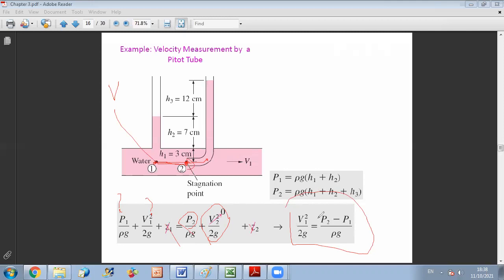So here you care about delta P. You don't care about the individual values of P1 and P2. You can get the individual values of P1 and P2 because they gave you the heights. Here you have H1 plus H2, so in total 10 centimeters, and your fluid is water. So you can say that P1 is equal to, and if you know that here you have the atmosphere, let's say P atmospheric, P1 is equal to P atmospheric plus gamma times 10 times 10 to the power minus 2. Okay. And for point 2, the pressure corresponds to the height of this column, which is 3